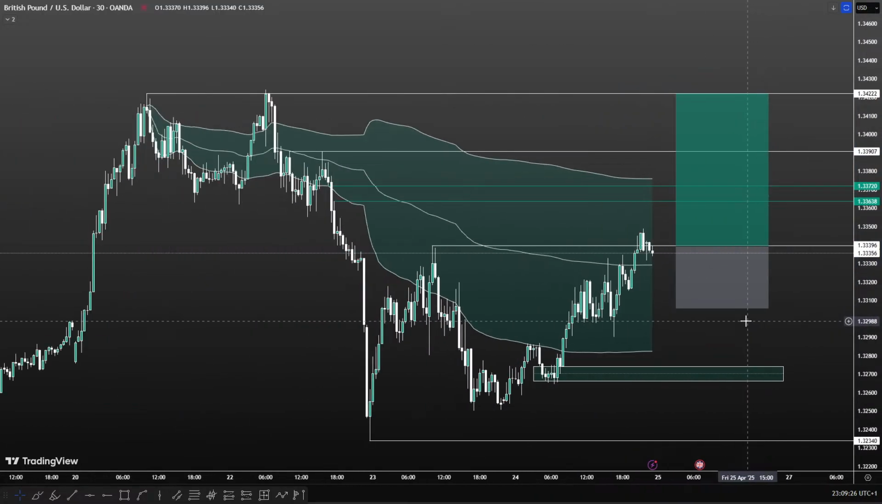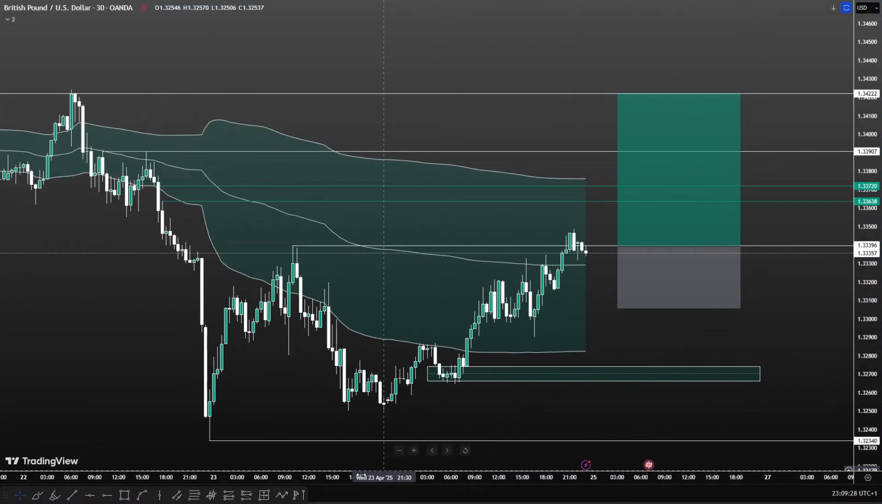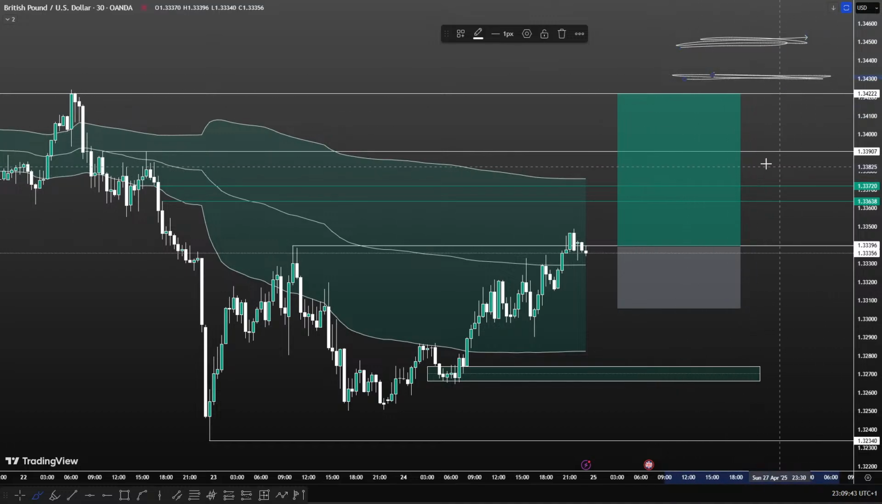Okay, and that is an impulsive long setup that you could take. What you'd want to do when price comes into the first imbalance is roll your stops up to break even. When price comes to this area, take profit 1. If price comes to these highs, then it will likely rocket above and look for this 1.34500 to 1.34300 zone